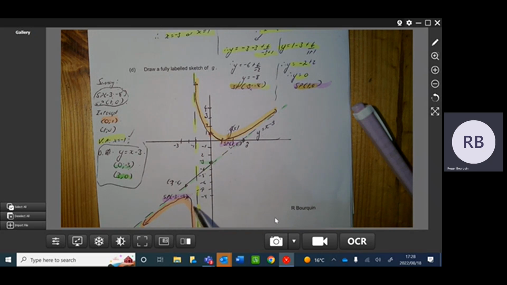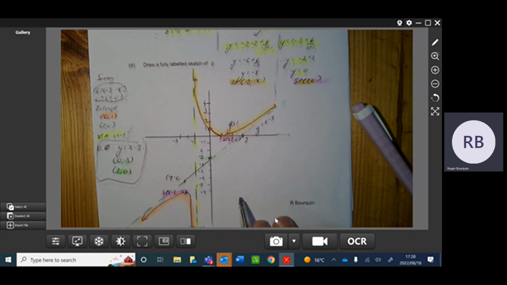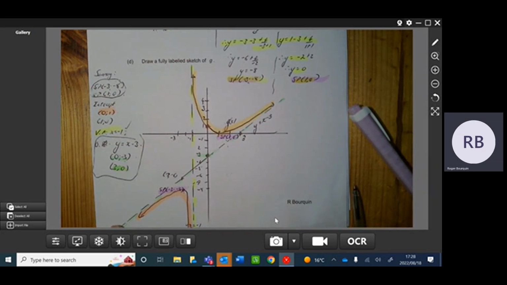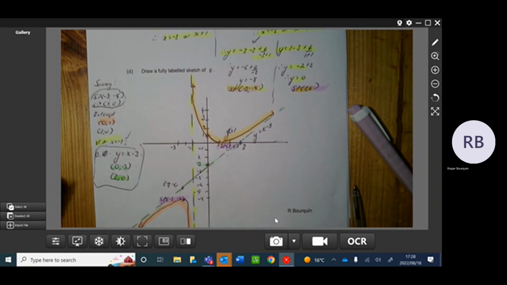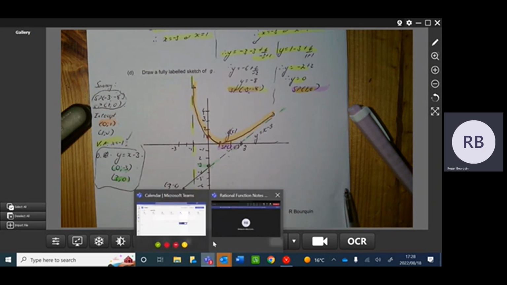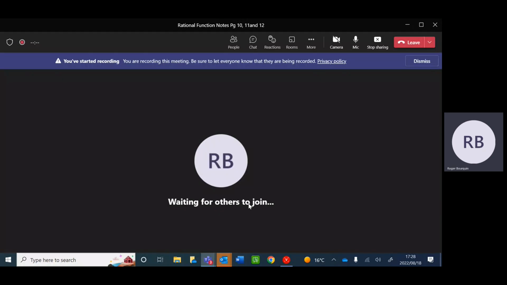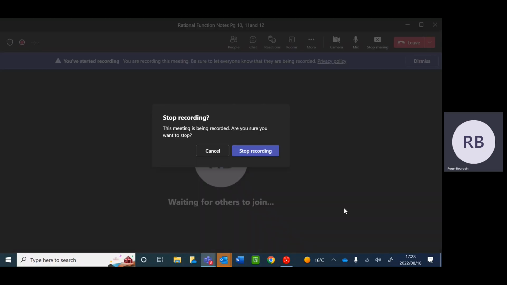Okay, over here, my stationary point was at -3, -8. Okay, it's a function, so you can never have two y values in the same area. So it must, as x tends to negative infinity, once again, y tends to this line x minus 3. It turns there, and it must head towards your vertical asymptote, which it